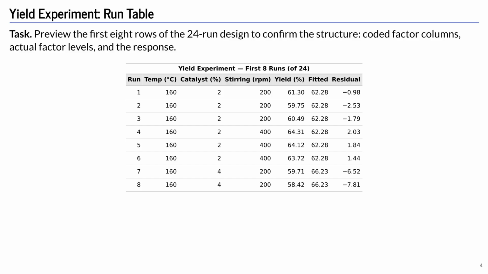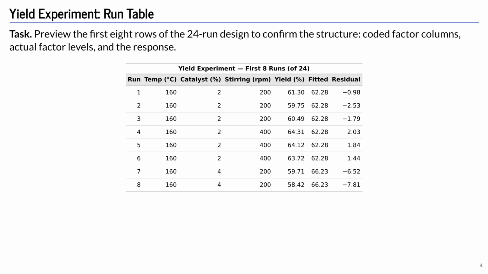The fitted value for all 3 of those runs is 62.3% because the model predicts the same value at every replicate of the same corner. The residuals are negative 0.98, negative 2.53, and negative 1.79,